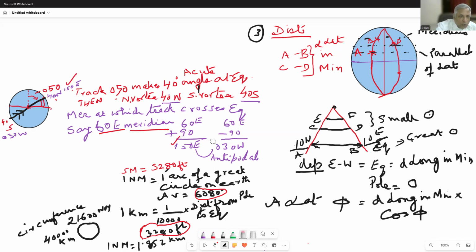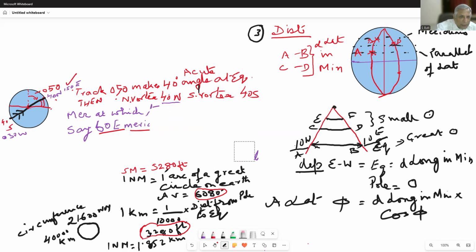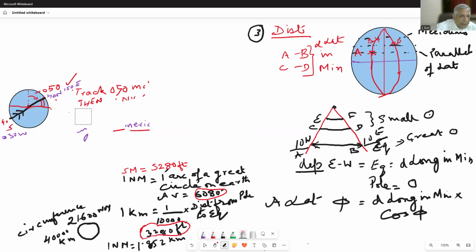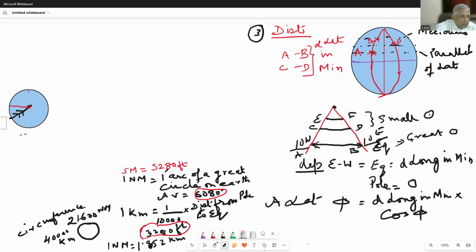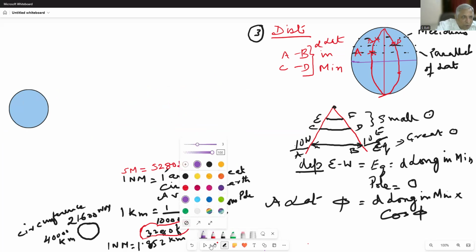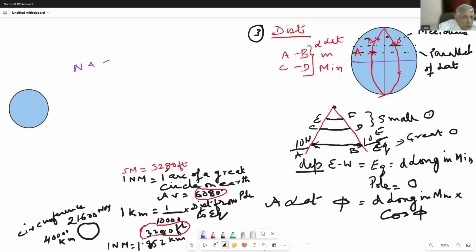Would you like to do a practice numerical? I will give you some more later on, in a separate lesson, with all the numericals and the question bank. Here my question today is, find the north and south vortex